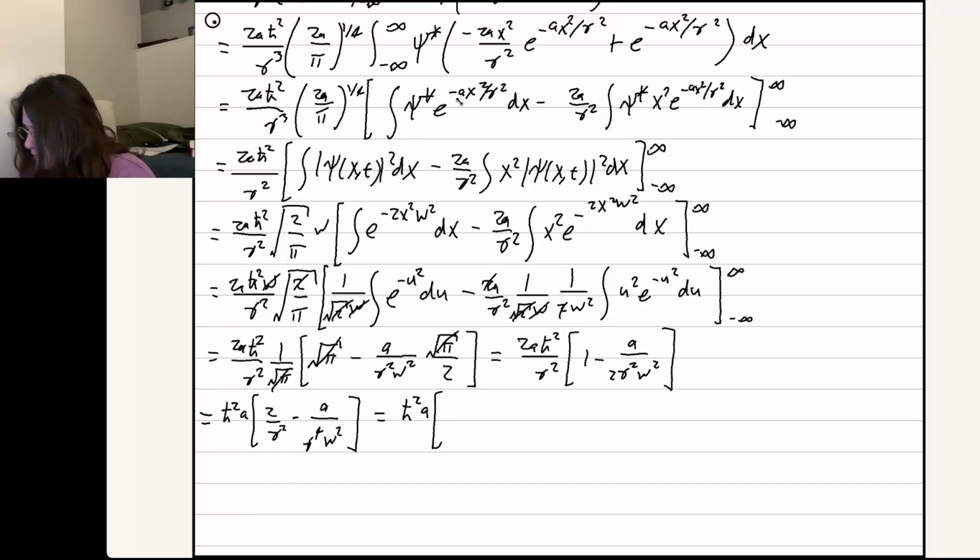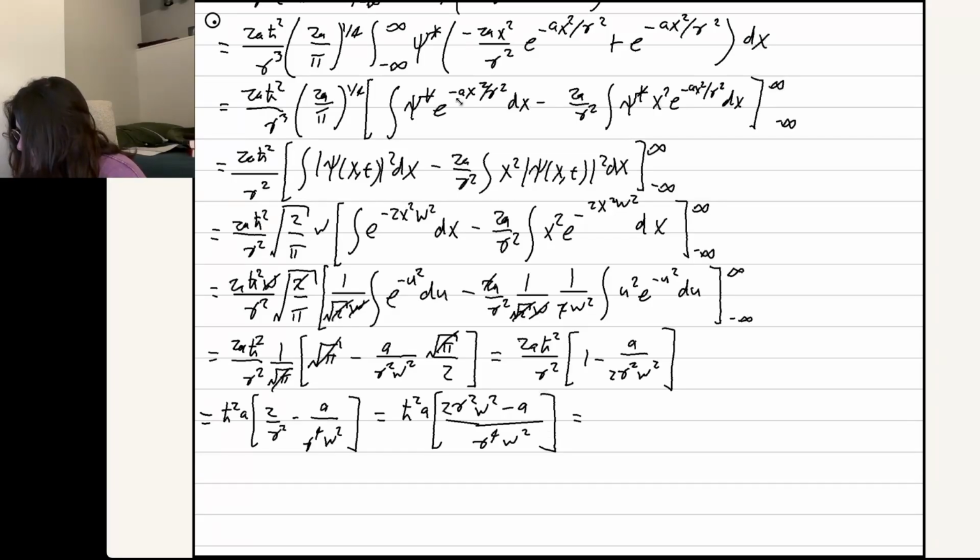So just multiplying everything, this thing by gamma squared w squared on top and bottom, and then it's a minus a, just to give them the same denominator,